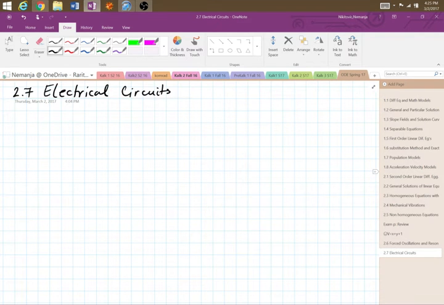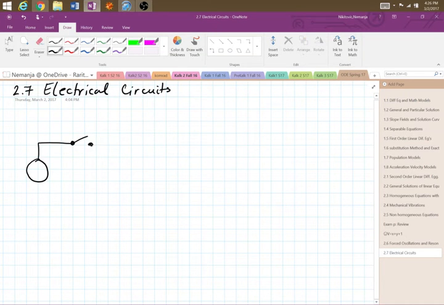Hello and welcome back to Differential Equations, section 2.7, Electrical Circuits. In this section we are going to see another application for our non-homogeneous equations with constant coefficients. Before we actually do this, just a little review or overview of the components that will play a role. So I'm just going to draw